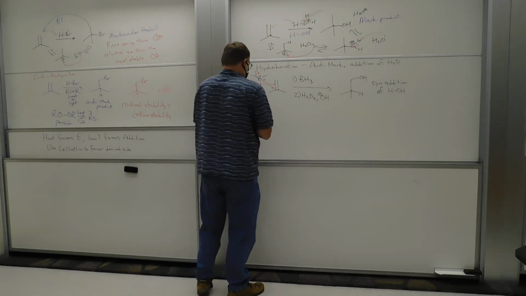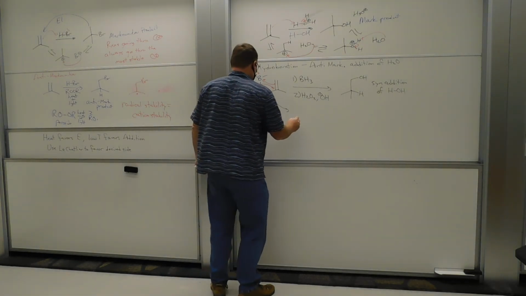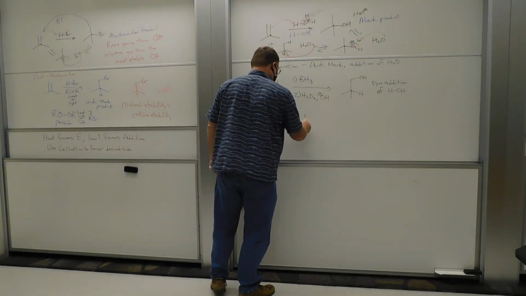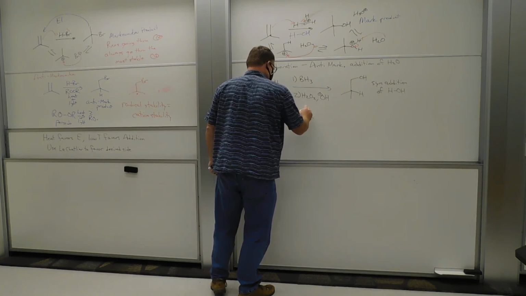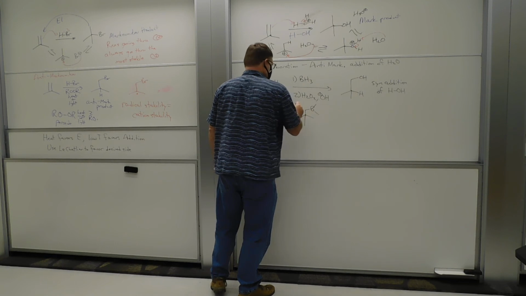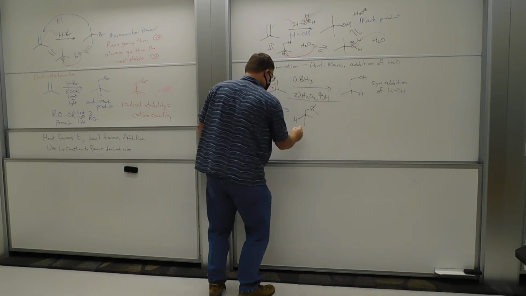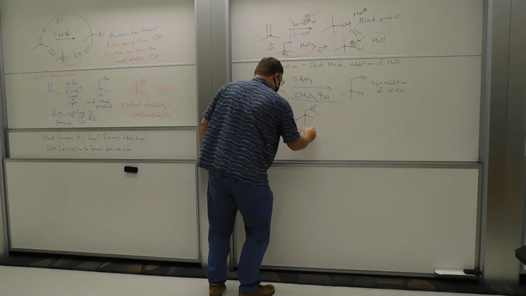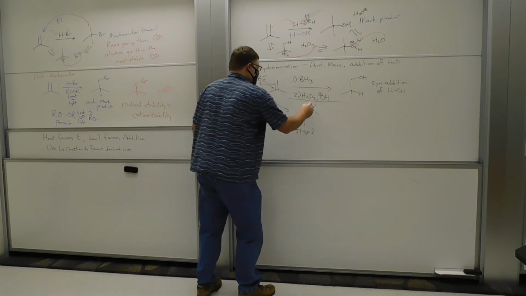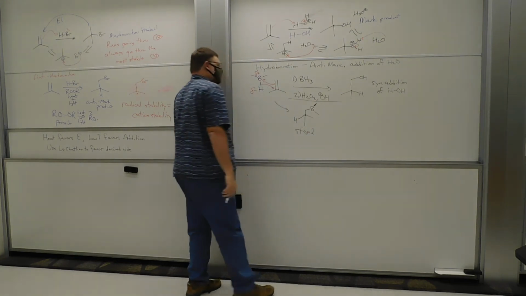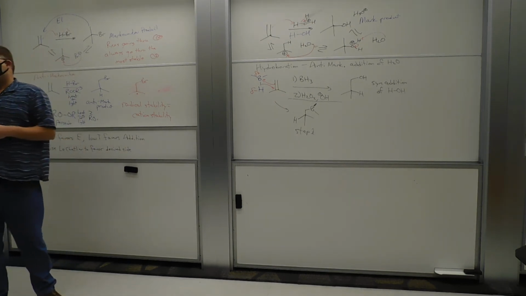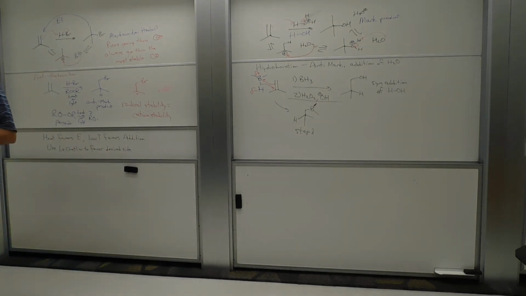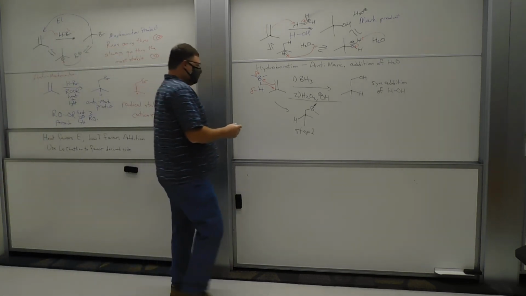This gives us the product of step 1. For BH3, each of those BHs can then go on and add to something else. And then step 2,